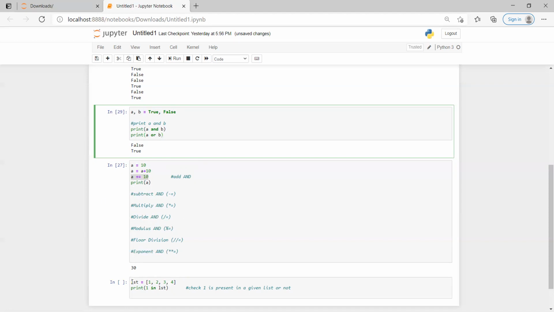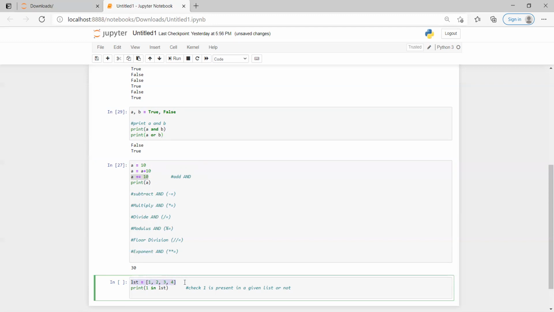Okay, suppose you have a set of values in the list. If you want to find out if a particular value exists in the list or not, then normally we go with if one is in the list. If one in list, then if it is available, it tells you true. Otherwise, it gives you false. Okay, in is also an operator.